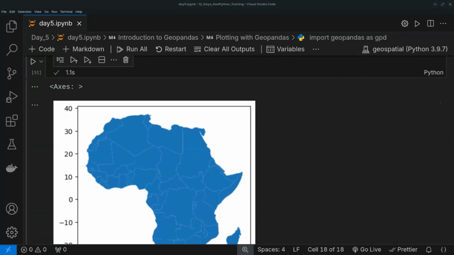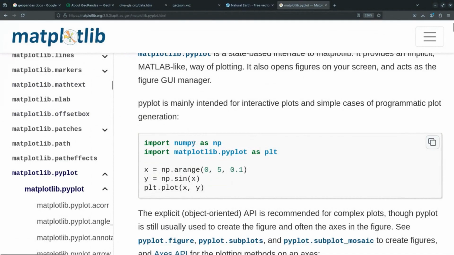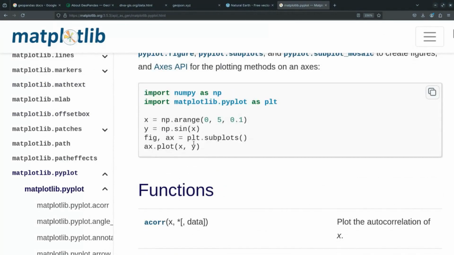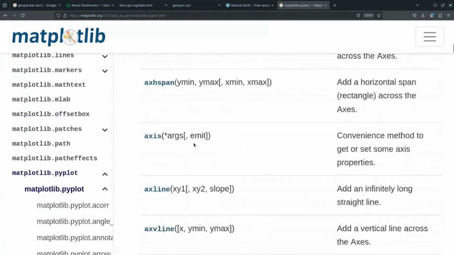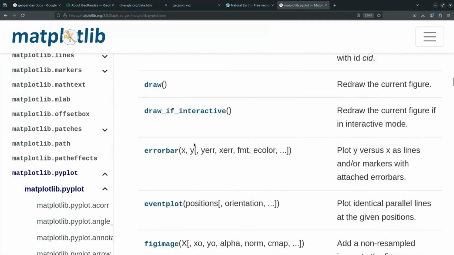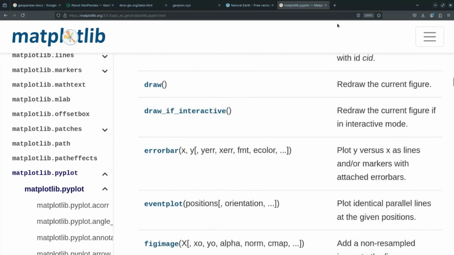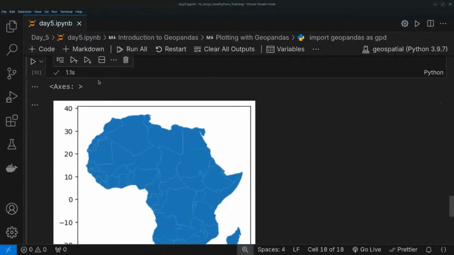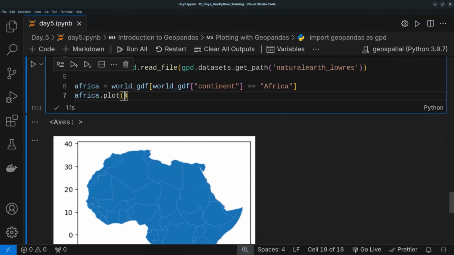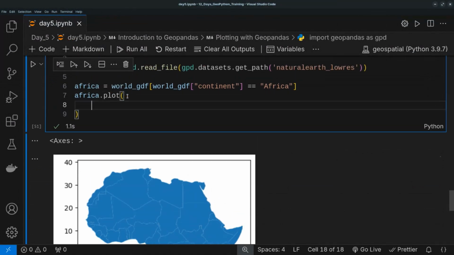But whatever argument we can pass to matplotlib.pyplot, we can pass it to the geopandas plot. So once again, I know that the documentation, if you're a beginner, is not the best place to start. So let's come back and let me show you what I have learned so far